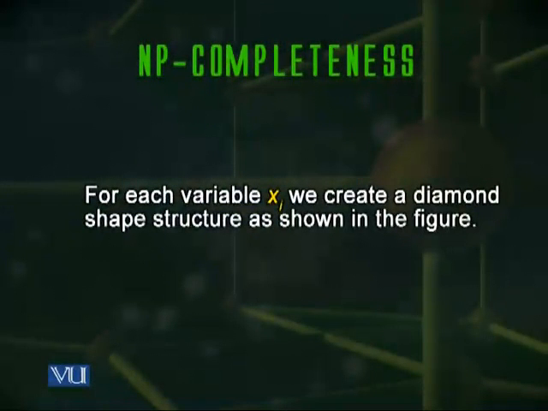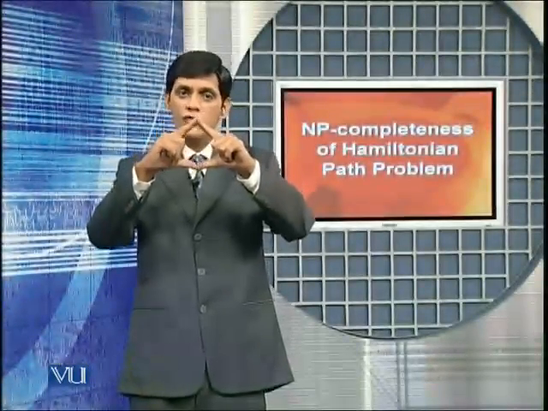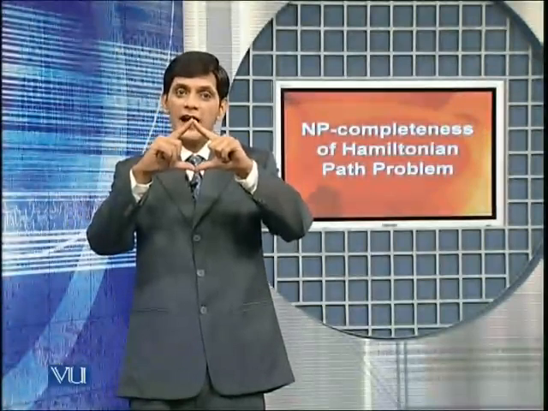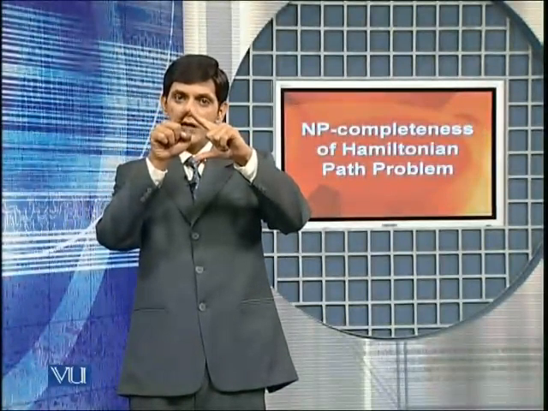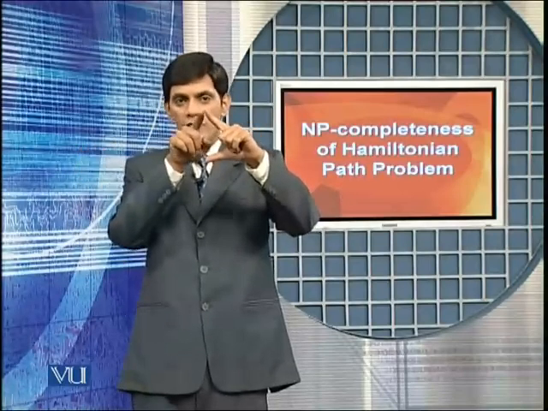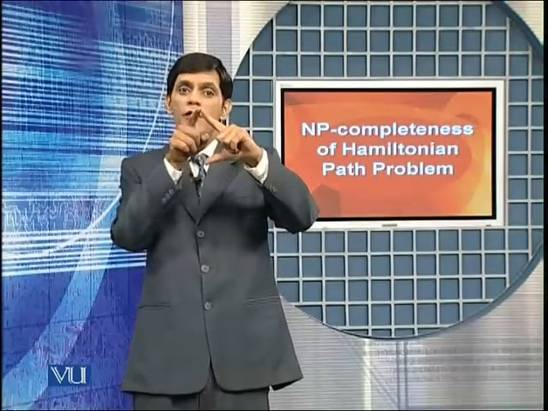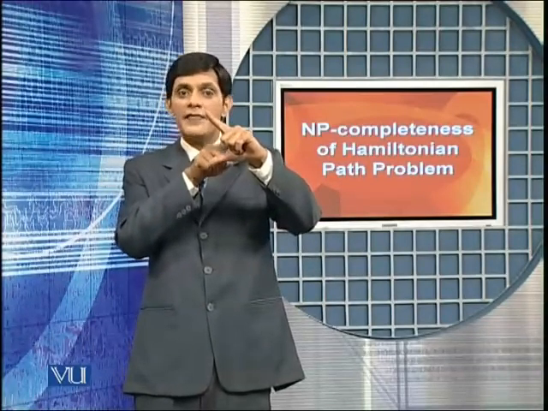So for each variable xi, we will create a diamond-shaped structure as shown in this figure. This figure shows the diamond-shaped structure that has been created for each node xi. As you can see, there is a diamond-shaped structure for each variable xi, and from the first vertex we can either go to the left or go to the right. And then we can also travel along in this direction, or we can go this way and travel along in this direction. So if we go on the path like to the right, to the left, and then move right,